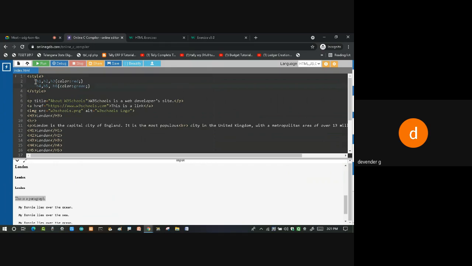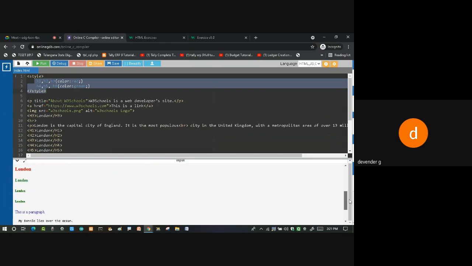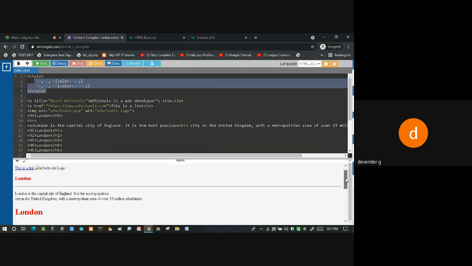Now see, here I am writing an internal style sheet like this. Now in my program, wherever I find H1, H2, H3, H4, H5, H6, it is going to get the color. Maybe it has been repeated 100 times. Now we'll run this and see where we get the green color and red color. So here I got red color, green color, green color. Like this you can see. So like this I got it.